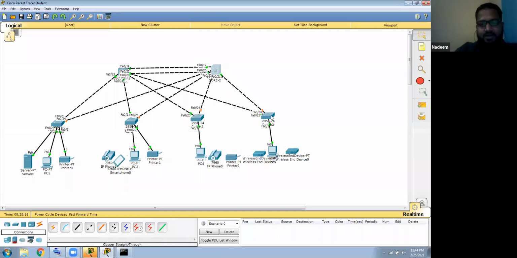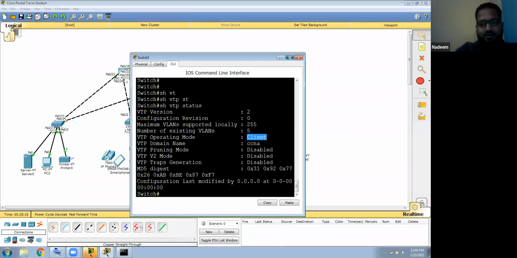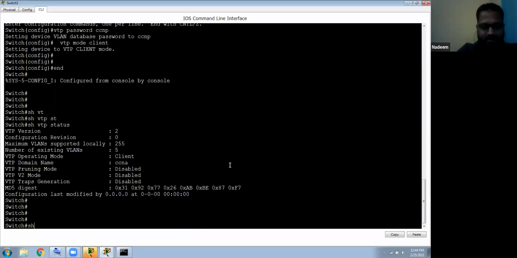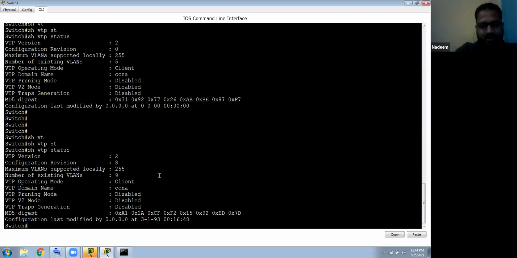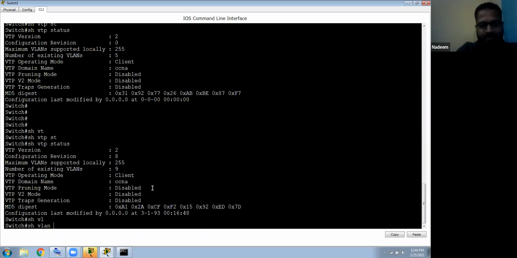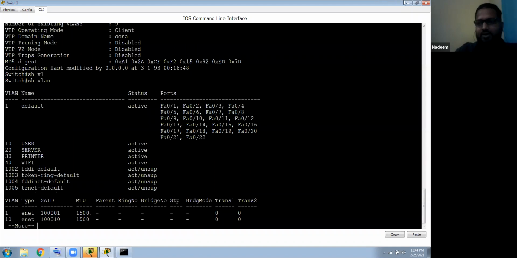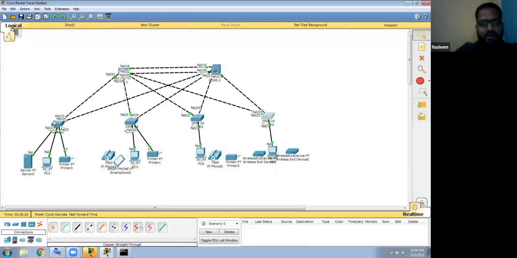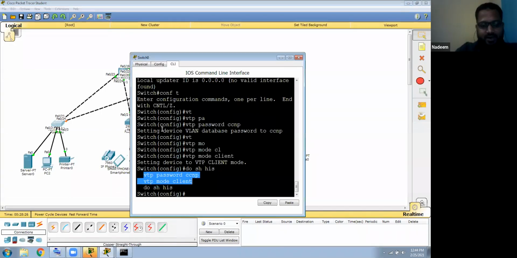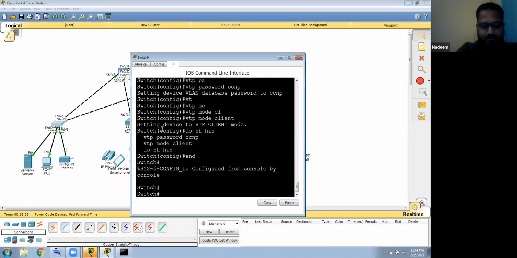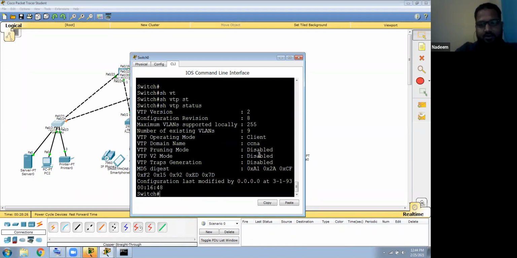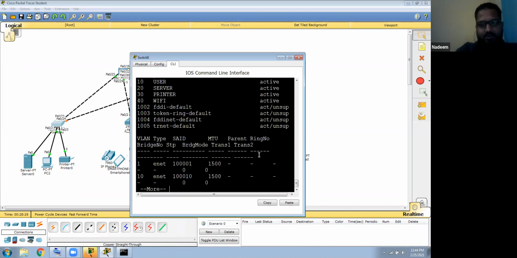So now go to the access switches here and check. Show VTP status. Can you see 9 VLANs came, and show VLAN? Done. All your VLANs came. So VTP does it well. VTP propagates the VLANs automatically. Show VTP status. Done. All VLANs here. Show VLAN. Done. So what is your role here?